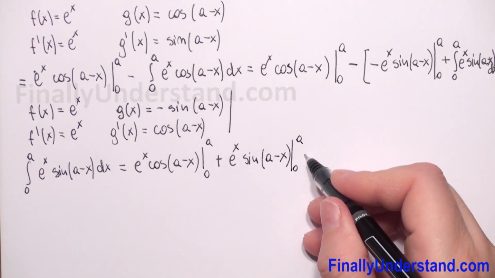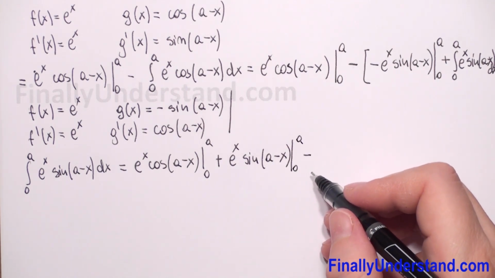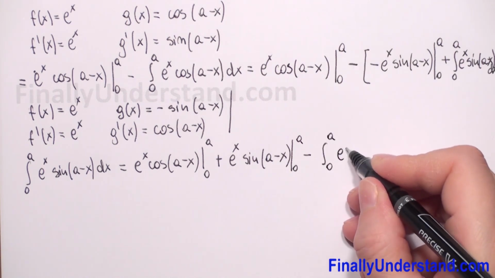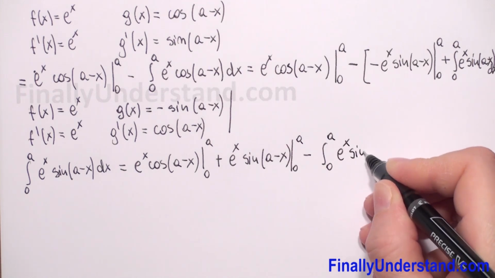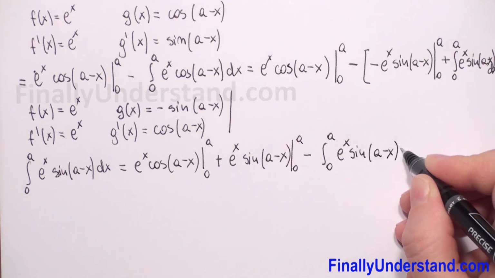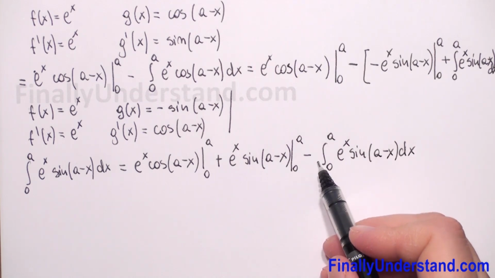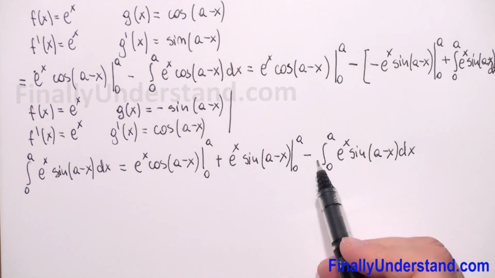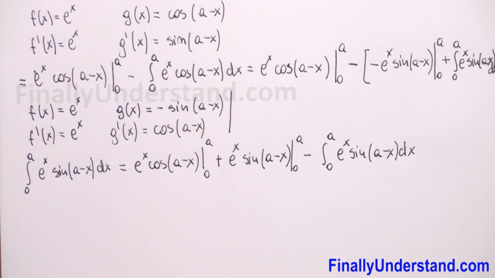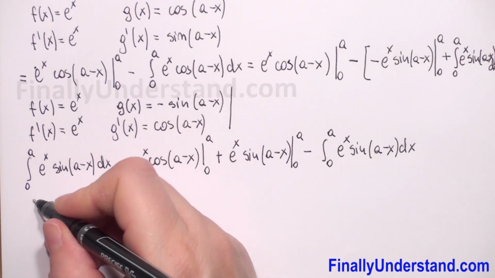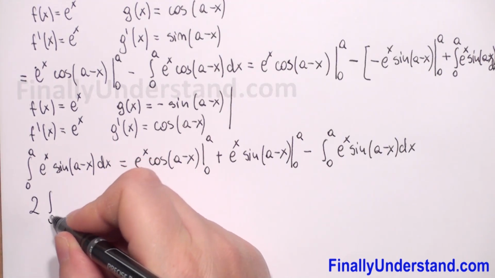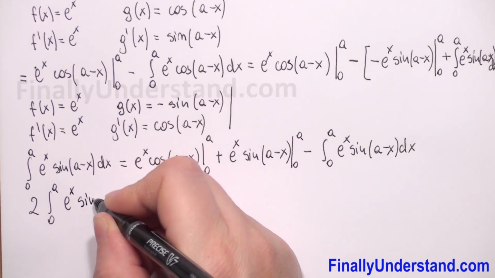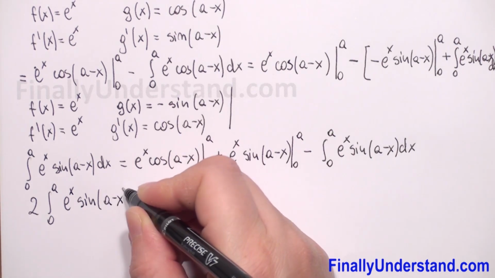Negative and positive give us negative, and we have the integral from 0 to a of e to power x sine of a minus x with respect to x. We get the same integral which we have at the beginning. So I will move this integral to the left side. So we will have two integrals from 0 to a of e to power x sine of a minus x